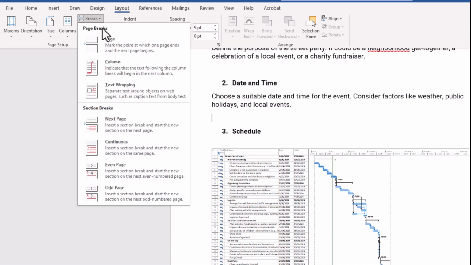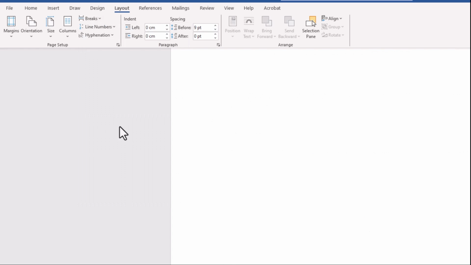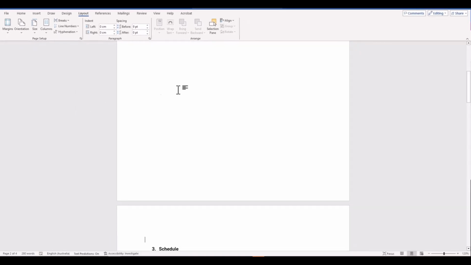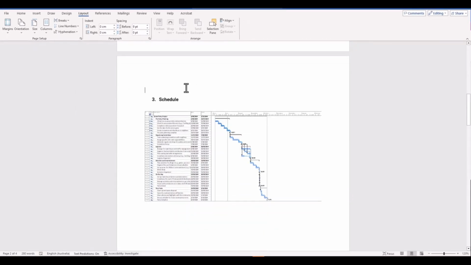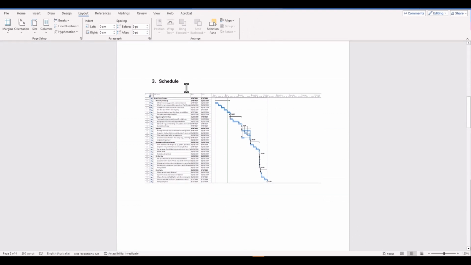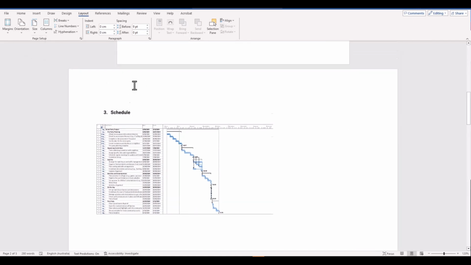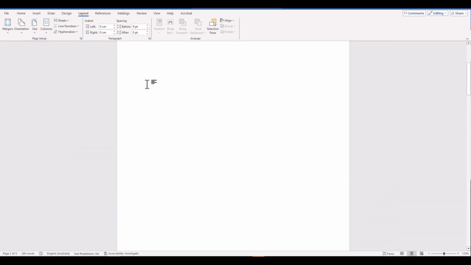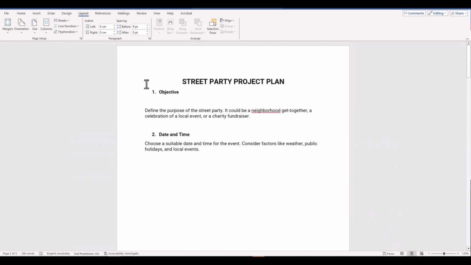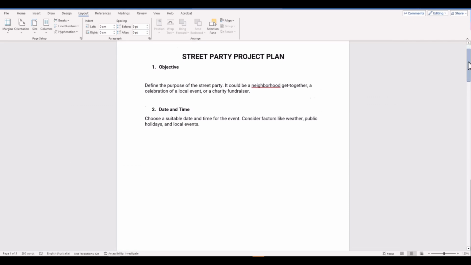Click Breaks and then click Next Page. And all of a sudden, your schedule and the title are moved to the next page. Then select Orientation, Landscape. And you'll notice here straight away that this page is converted to landscape, whereas the preceding page is in portrait mode, which is what we want.